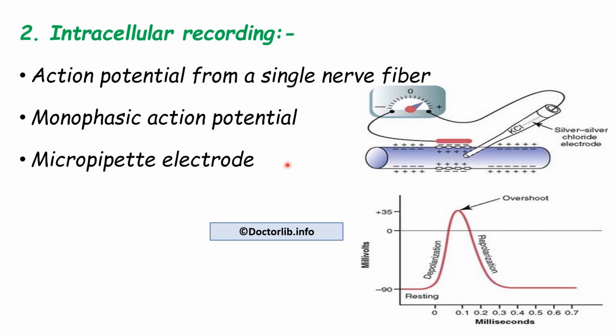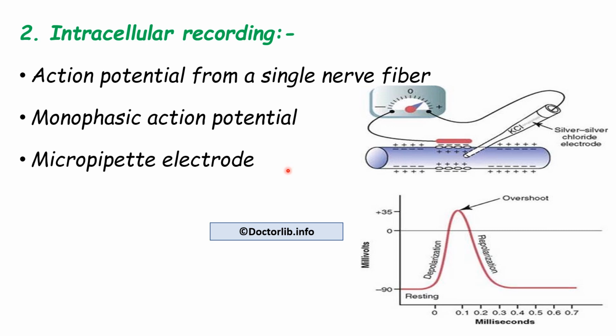Now, what is the advantage of biphasic recording or the extracellular recording? The advantage is that it's comparatively easier to record, and propagation of the action potential can be recorded. But this biphasic or extracellular recording has certain drawbacks. Here the graph obtained is variable, and dependent upon the distance between the electrodes and the rate of conduction of the impulse of the nerve fiber; it can vary.